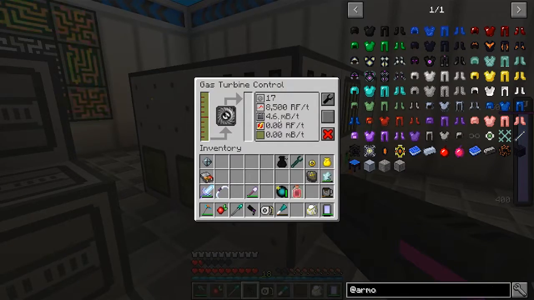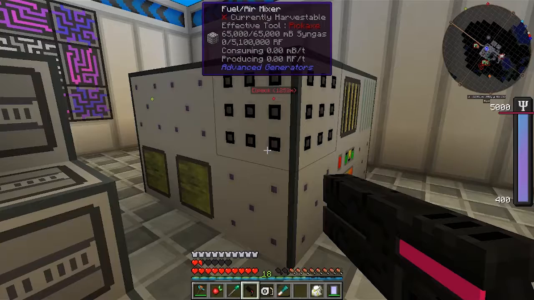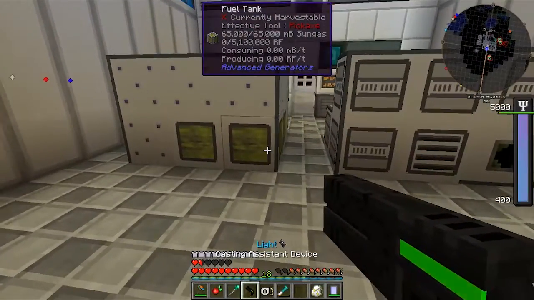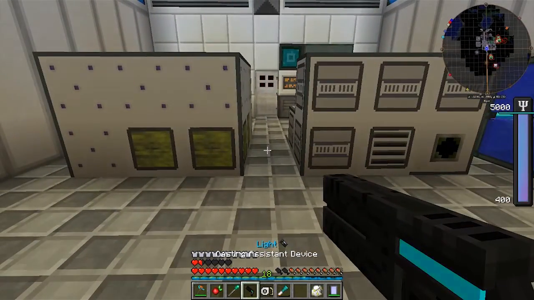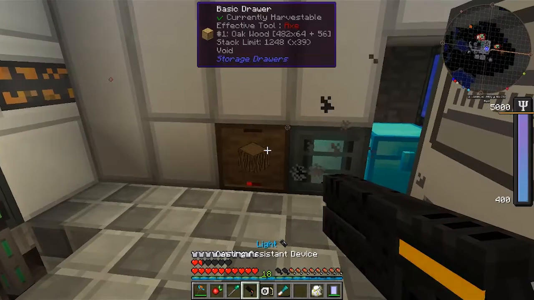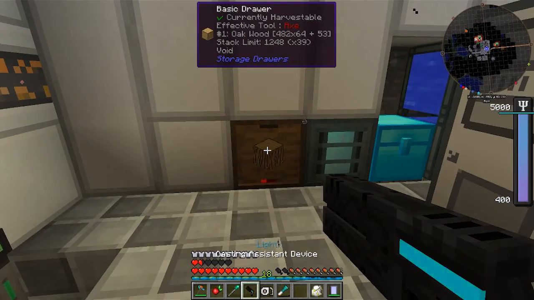This will use 4.6 millibuckets per tick, and I've added a couple of Manolin turbines to this, so it went from 5500 RF per tick to 8500 RF per tick. So I've now got 17. I had 11 before. And my intention here is just to build this back, because this system is pretty much hands-off, completely automated. Don't need to touch it ever, because these oak planks in here, I have currently got...